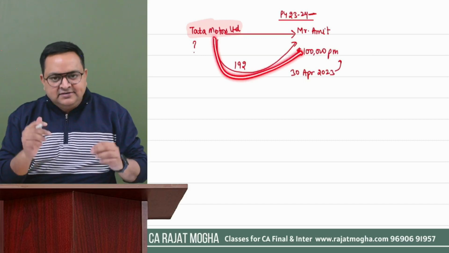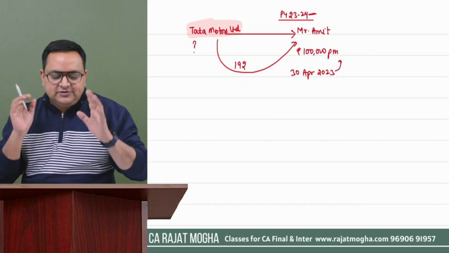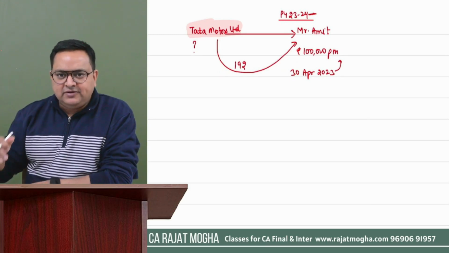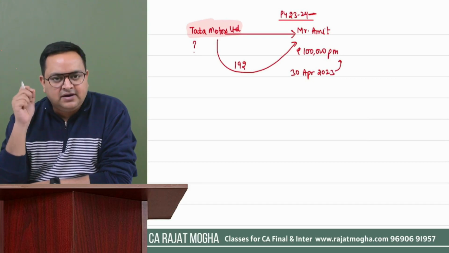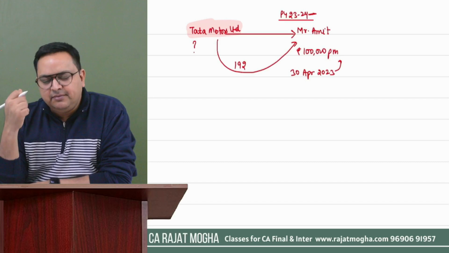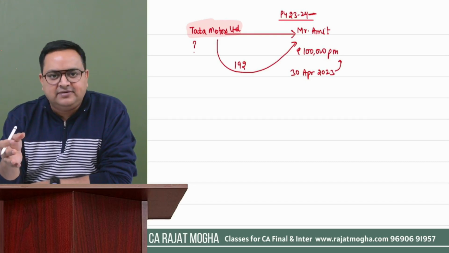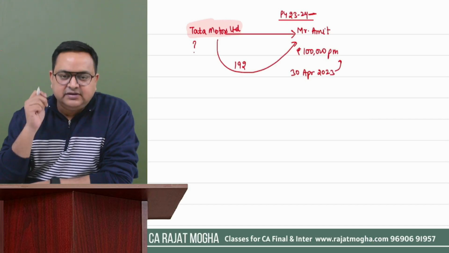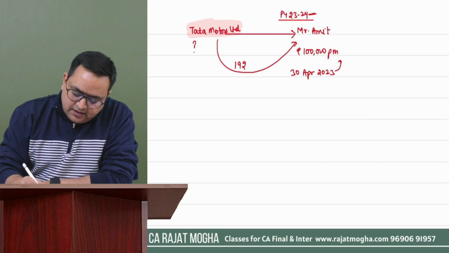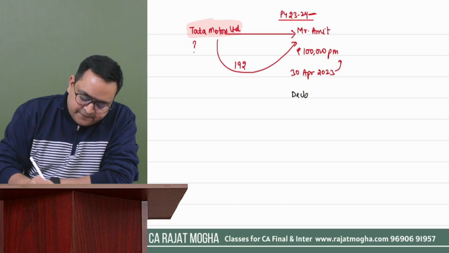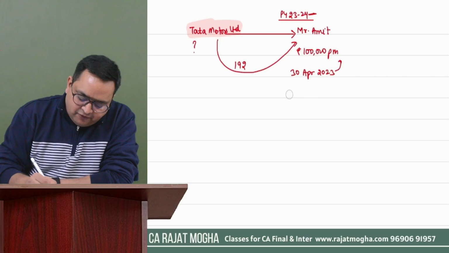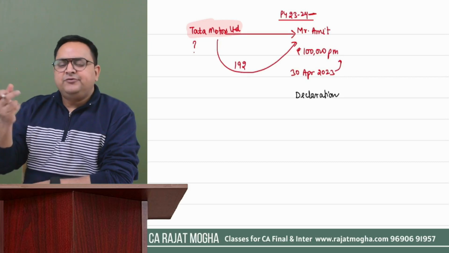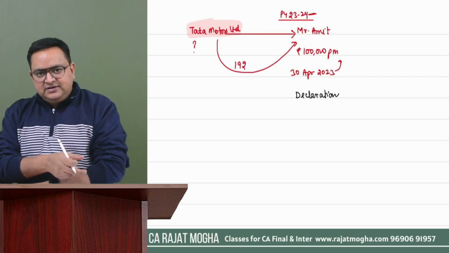Every employer sends an intimation, sends an email to their employees. They will ask Mr. Amit or any of their employees. They shoot an email in the month of April itself, in the beginning of the year. Every year, in every organization, it happens. You receive an email from your employer, from your accounts department, and in that email, it is written that please declare which regime you will be following. We need a declaration from you that which regime you will be following, whether you are following the default tax regime this year or you will be following